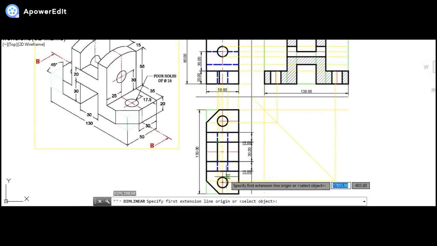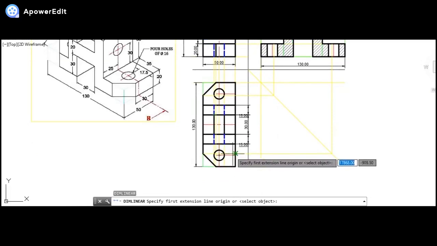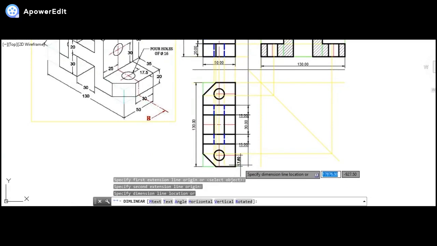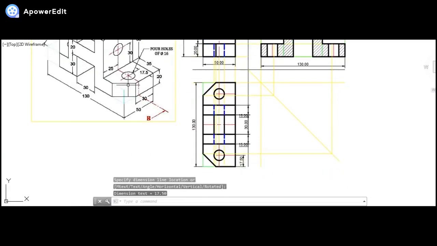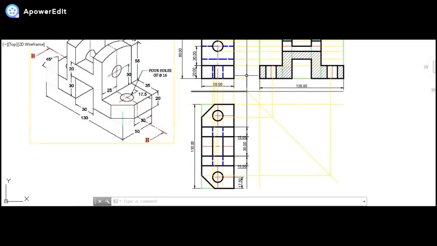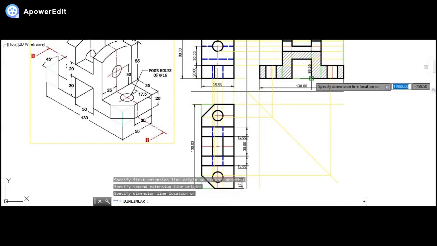Now whatever dimensions were left out, that is from the center line till here the distance is 17.5, which is given very clearly to us. The slot distance of 30 is already shown. From the bottom the slot is at a distance of 30. Again we can just cross check it, from here till here it is 30 of course.